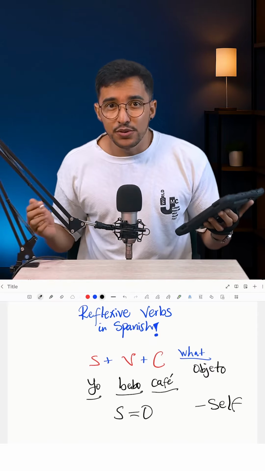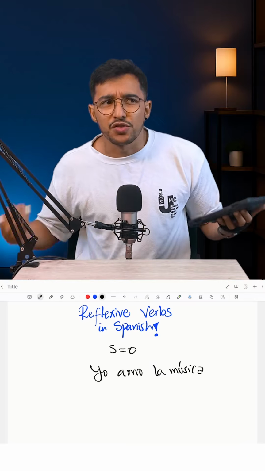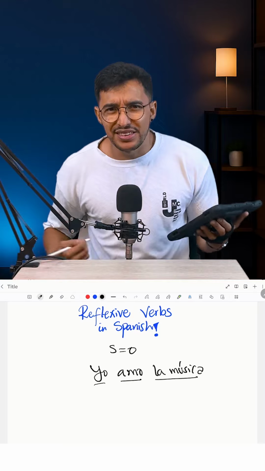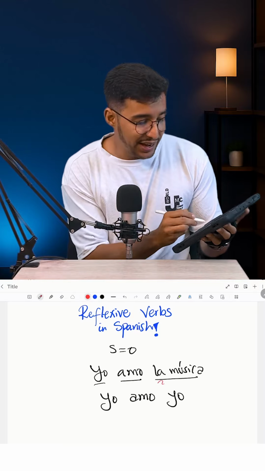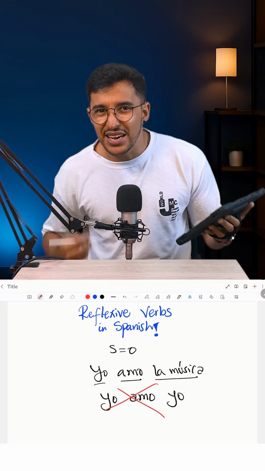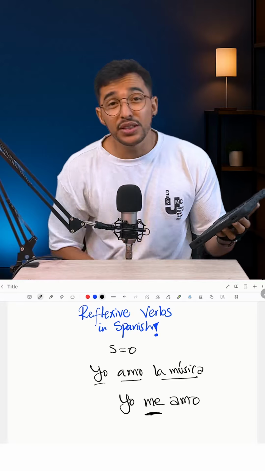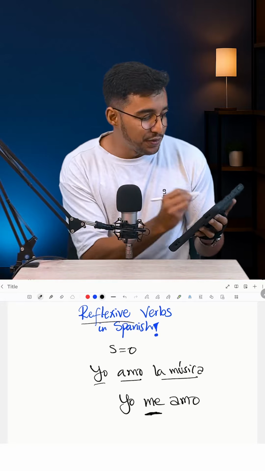Let's check some examples. I can say yo amo la música. So here we're following the structure of the sentence, subject, verb, and object. But what if I love myself? How do I say that? Yo amo yo? Well, that's not the case. This is incorrect. What we're gonna say here is yo me amo. So we're putting the person who's receiving the action in front, and since I'm loving myself, this is a reflexive